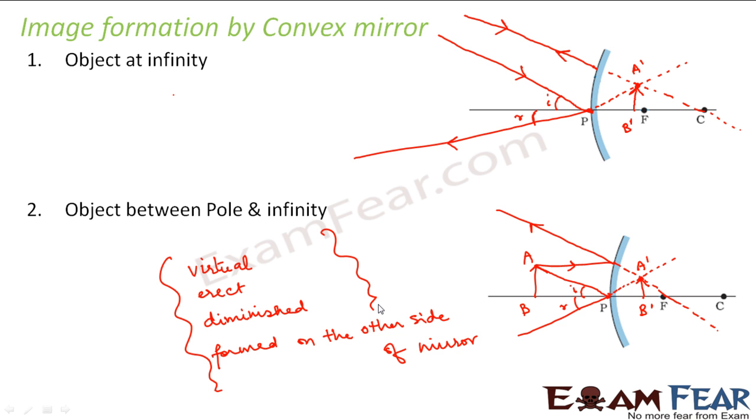And you also want to view the image. So the image has to be formed on the other side of the mirror. As I told you before also, if the image is formed on the same side, if the image is formed behind you, you will not be able to see it. So the two important things because of which a convex mirror is used as a rear view mirror in your vehicle are that it gives a diminished image and it gives an erect image, right? So I hope that now image formation by both concave and convex mirrors is clear to you.